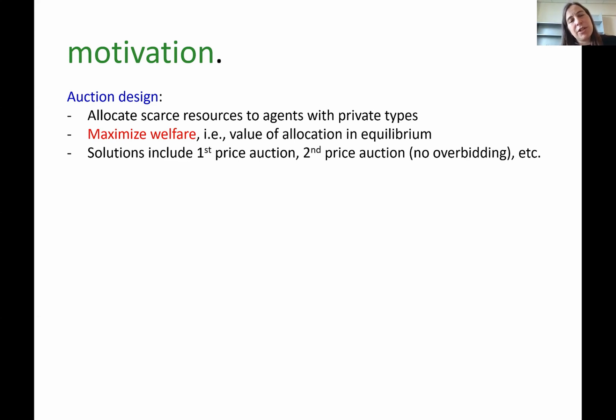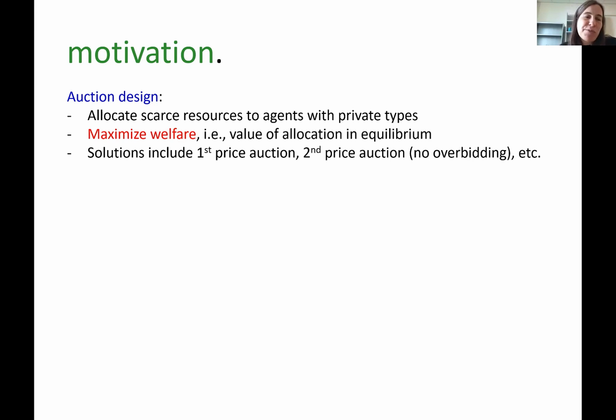And here I would just want to point out, because it'll become important later, that this rationale for why second price auctions are efficient requires us to focus on equilibria in which agents don't overbid. Because you can always have a really silly equilibrium in which the low value agent bids really, really high, and the agent with the highest value bids zero, because that's a best response for him. But with no overbidding, second price auctions also maximize welfare.